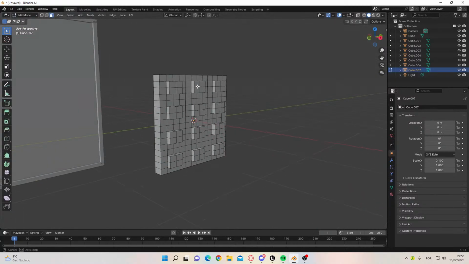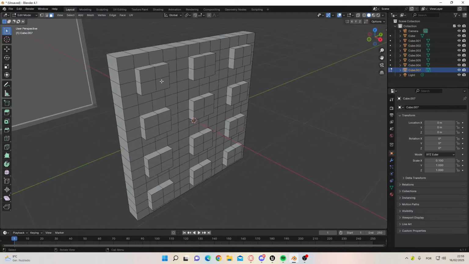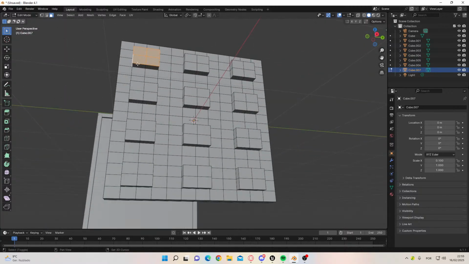Now we need to create separate. Okay, so let's